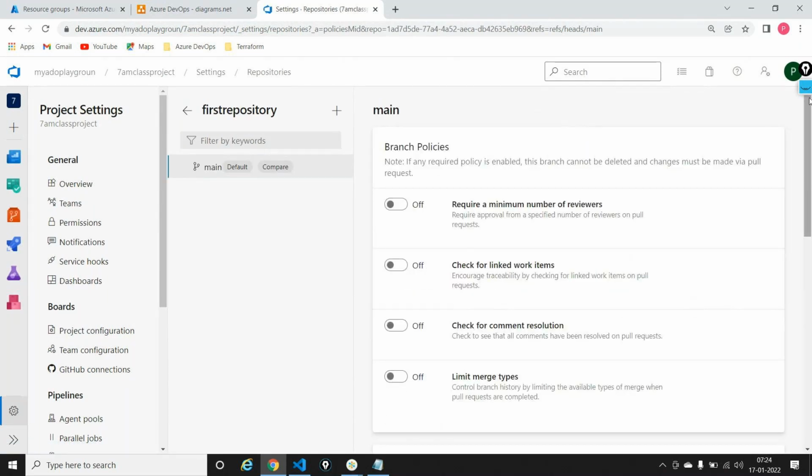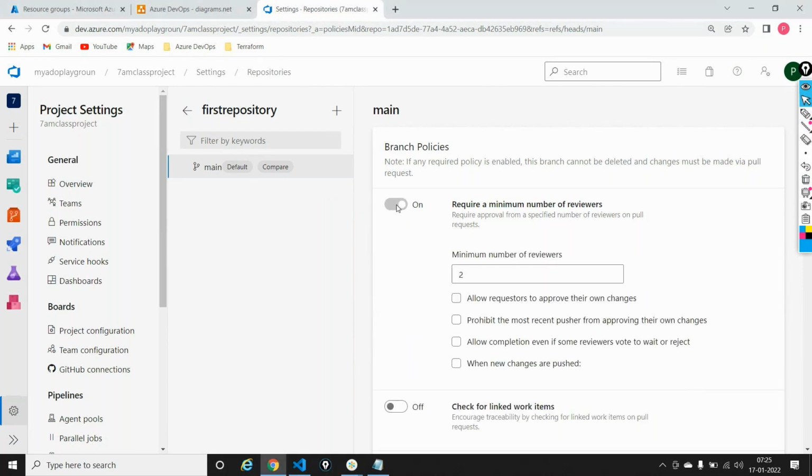And these are all the branch policies, which is what I'm actually looking at right now: require number of reviewers, check for linked work items, comment resolution, limit merge types, and so on. We'll talk about each of them, but I'll just switch this on for now. And I'll say if someone wants to commit onto the main branch, or a master branch, they at least need one person